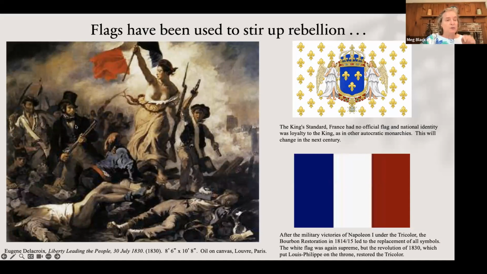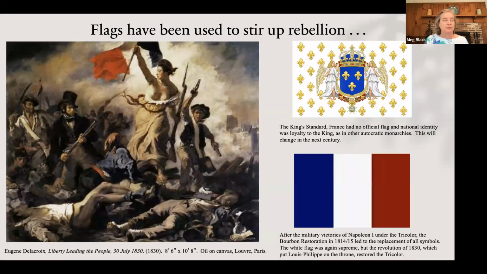So the freedom that these people are looking for, not only the gentry, but the common person, you can see with the different clothing they're wearing, and the children, who, by the way, has just stolen a pouch from a dead French soldier, and his guns. So he's well armed, and he's got some booty here with him as he comes flying over the barricades.